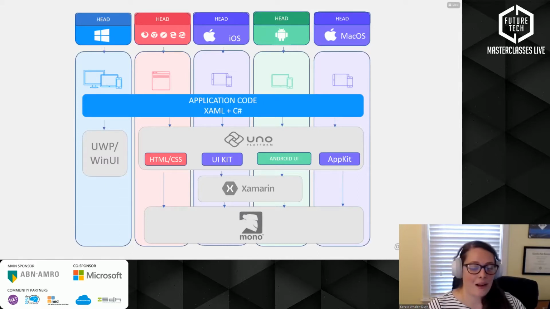That's it. Uno's tagline is WinUI everywhere. So they're taking the UWP API and applying it to all these other platforms. They're not really changing much on the UWP side, just implementing the API. So as you can see, Uno, as core, is really just a set of layouts and controls using other technologies, which is incredible. It's a bridge between all these other platforms.